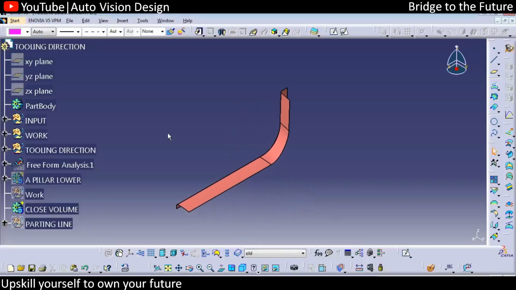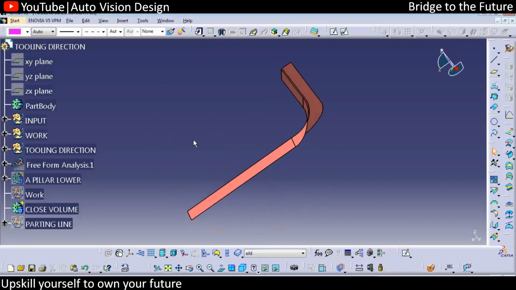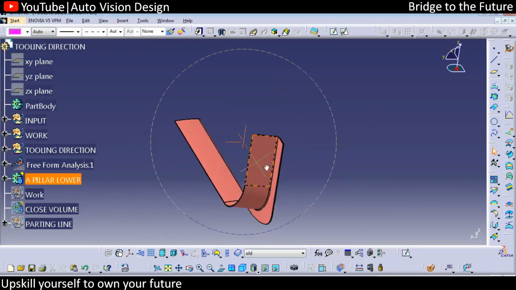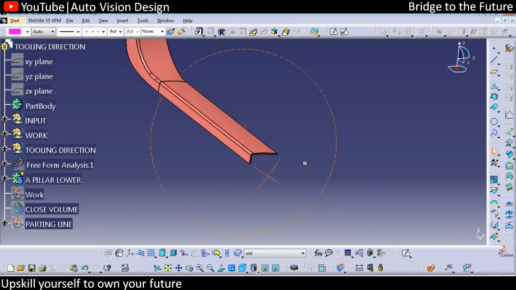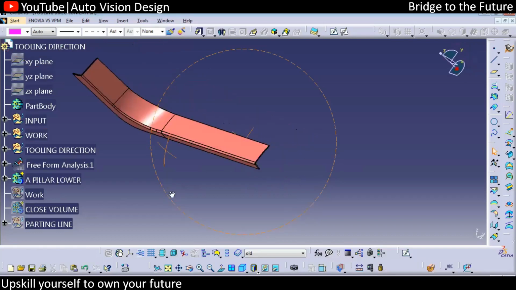So we have already seen how to create a closed volume. With respect to that, we definitely need to add feature fixation to make sure it will be fixed onto the vehicle assembly. You can find what we have done with the closed volume, we have this part. Now we need to add a B-side feature.